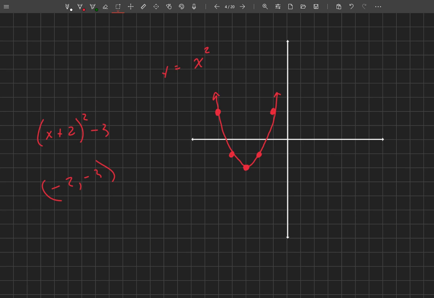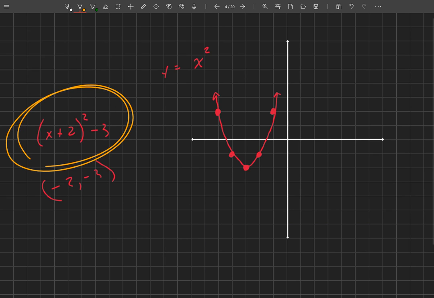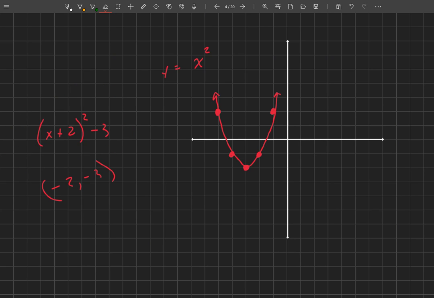But the reason I could do that is because it looked like this, right? It was in this vertex form, right? But what if it's not in that vertex form? What if it's in a different form? How could we graph it? Well,